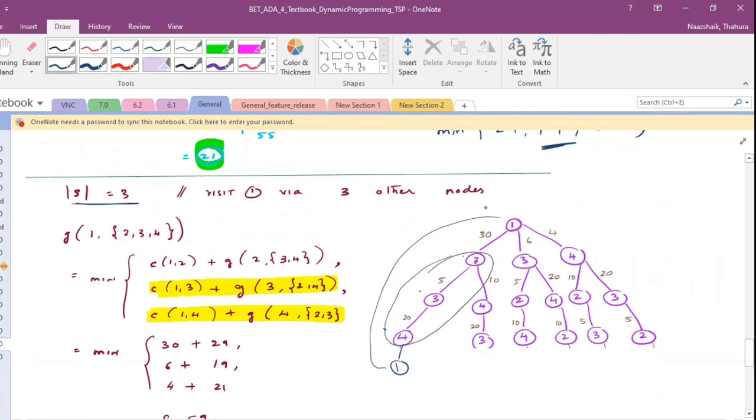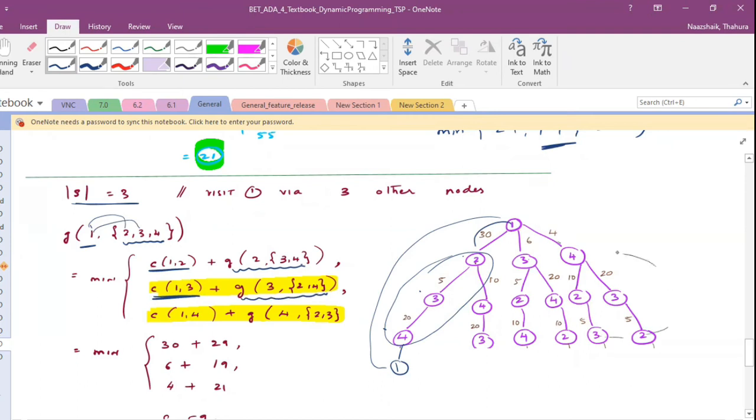Now you should take a look at where you visit 3 vertices in the middle, right? So what are the choices you have? You have only one choice. You have to go from vertex 1. You don't have any other choice here, right? And here you have a combination, you can pick any of these 3. So how do you expand this? Same thing. You go from 1 to 2, and from there, use the formula. So you go 1 to 2. From here, you don't compute, okay? You go ahead and use the formula. You have the same for 1 to 3, and then go ahead and use the formula. And same thing, 1 to 4.